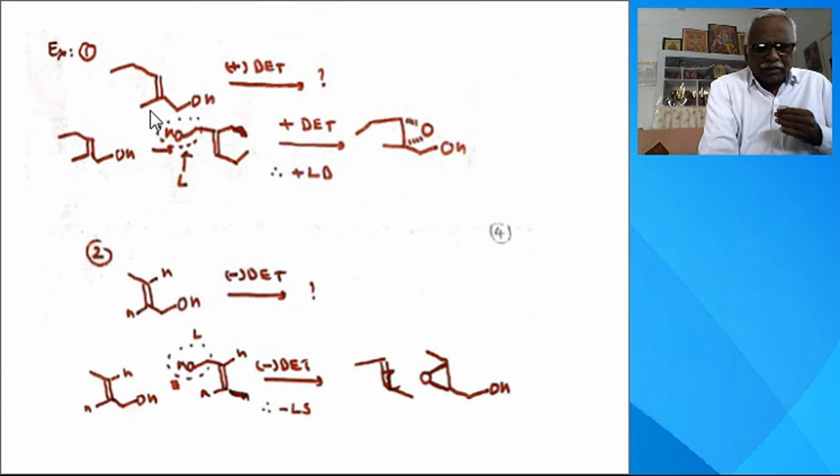So here you take this example. You have to turn the molecule so that the double bond is on a vertical line and OH is on the top of this vertical line. So I am turning this molecule like this. Then the double bond is on the vertical line, and CH2OH is on top of the double bond. It is on the left side. So this is the left side.